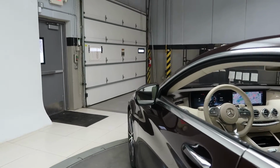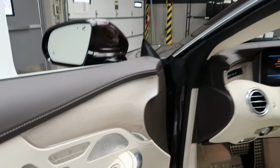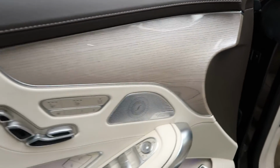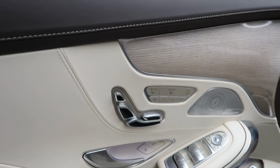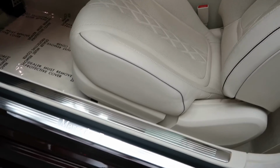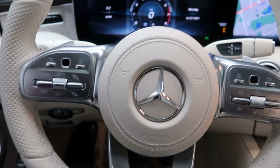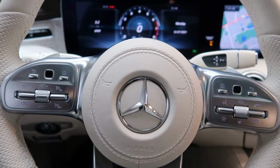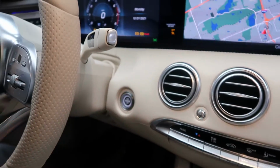premium one package with blind spot assist, Burmeister sound system, heated and cooled seats, memory seats, ambient lighting, illuminated door sills, multi-contour seats, smartphone integration with Android Auto and Apple CarPlay, touchpad steering wheel controls, paddle shifters for extra performance, push start ignition,